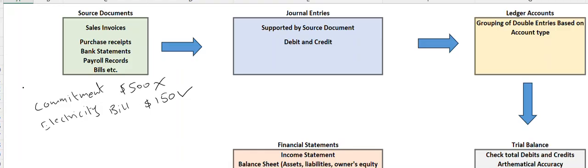Okay? So, for example, you made a purchase and you got the invoice for that. Are you going to record it? Yes, because you have done the transaction. Bank statements, that's obvious because they include all your transactions, so that would be included. What about the payroll records? You have made payments to the employees and much more. So you are going to record the transactions through that, and the bills like we discussed. All right.